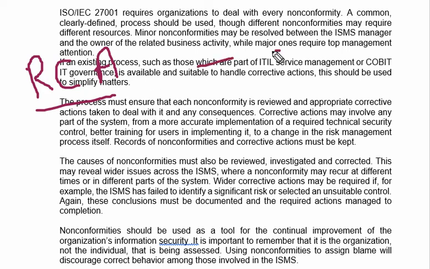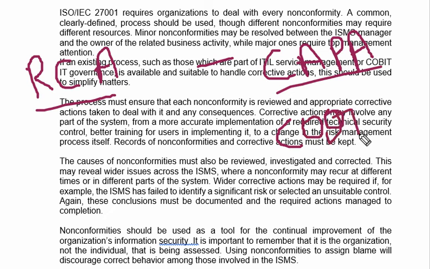Another thing you need to focus upon is your CAPA, that is called as kappa. Earlier we used to say corrective action and preventive action, but now it is called correction and corrective action. Correction and corrective action are the two things you need to know while dealing with the non-conformity.